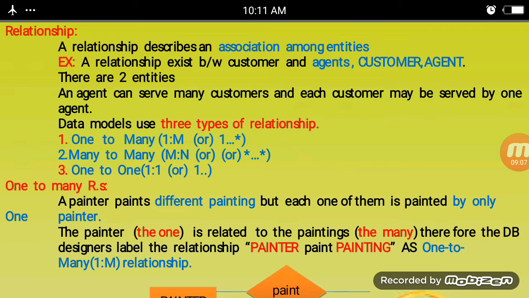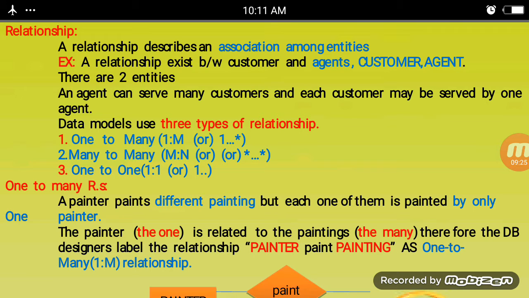For example, I am taking one agent. It may serve many customers, and each customer may be served by one agent.